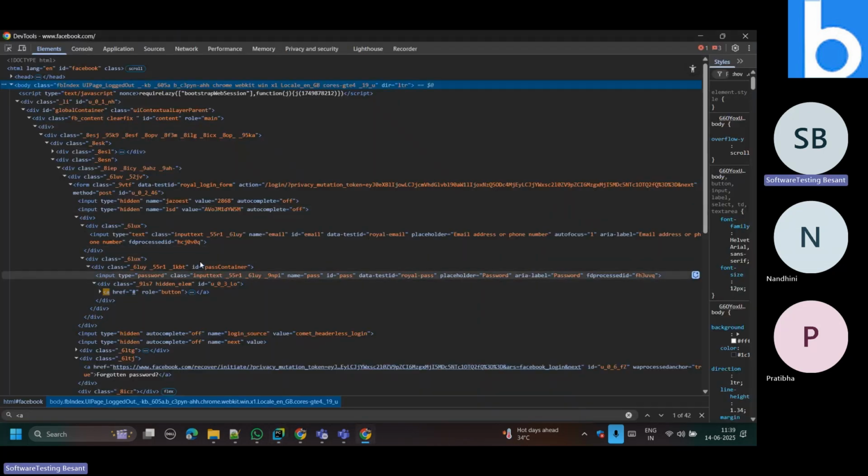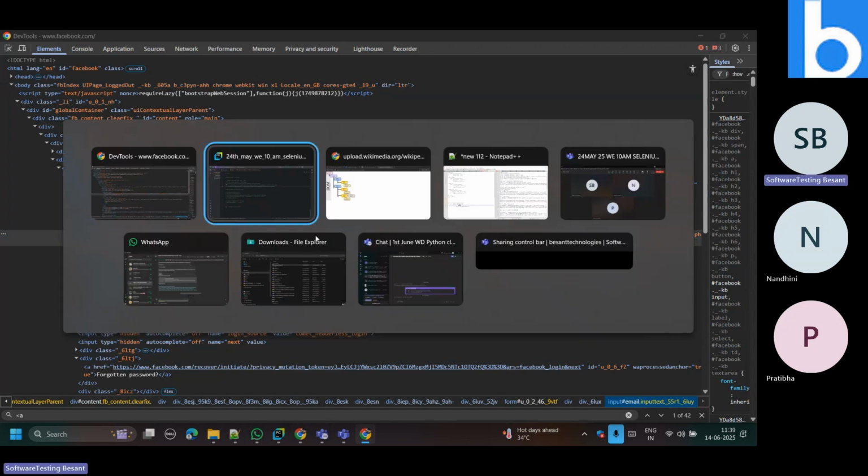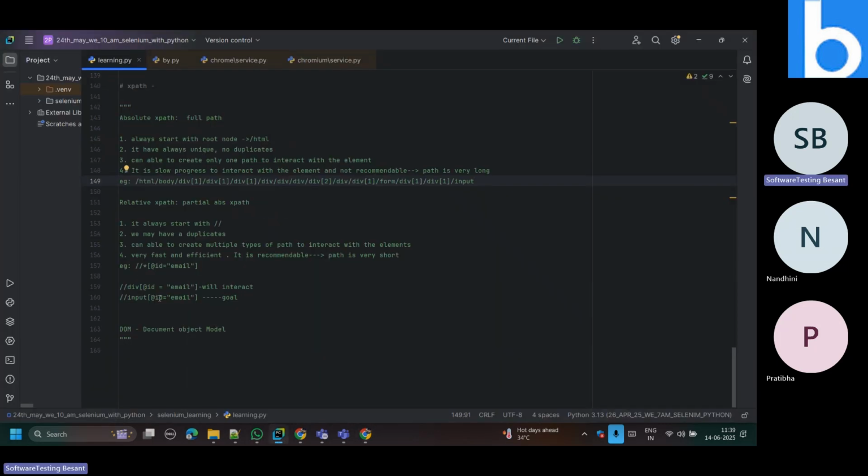In the input tag, the ID has the value email. What does the double backslash mean? The first backslash is the root node, and before the root node